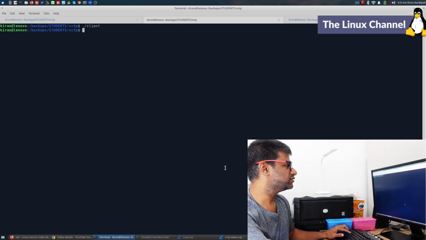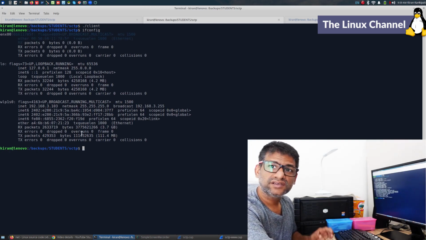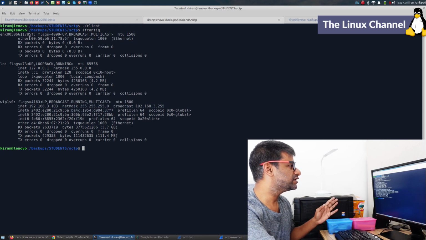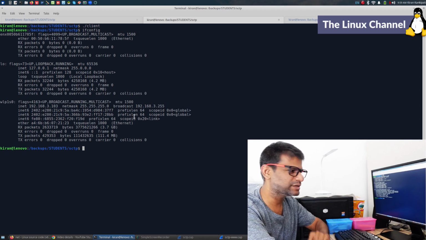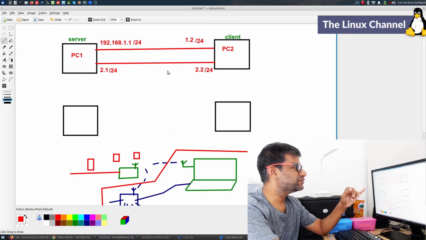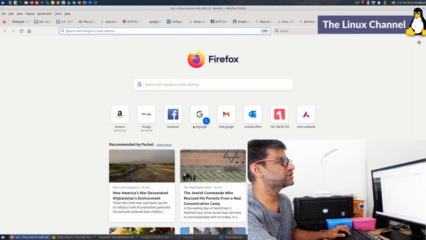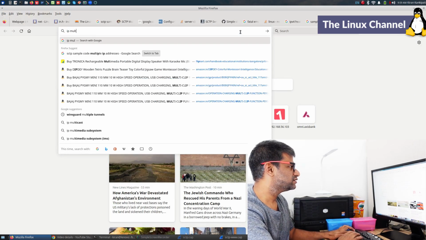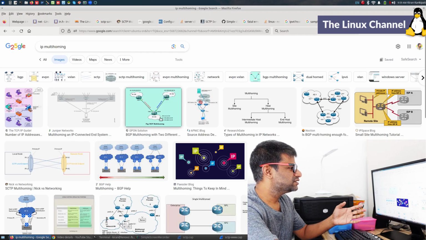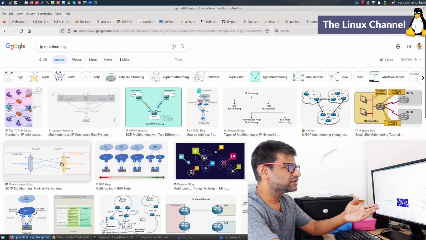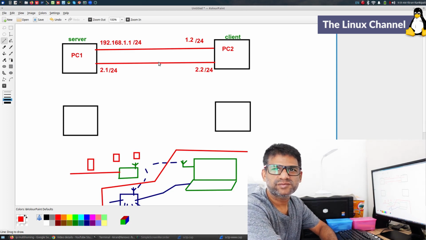an additional IP and stuff. So even now you can see here ifconfig, you can see that this is the wired network, this is the wireless network. The moment I switch on, this becomes like a multi-homed system. Which is why I'm saying you may find this type of picture on the internet whenever you search for IP multi-homing. In fact, it is very easy to set up, because in a lab-like setup you can do something like this. Okay, so that's what IP multi-homing is.